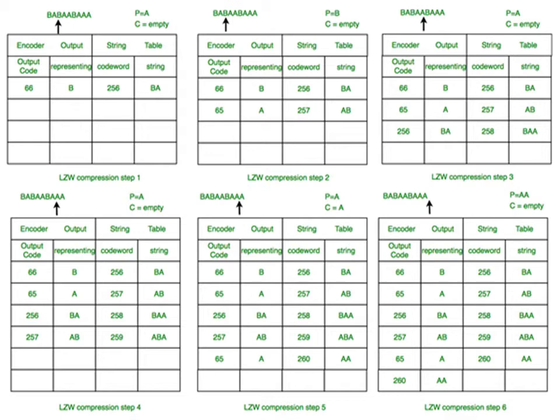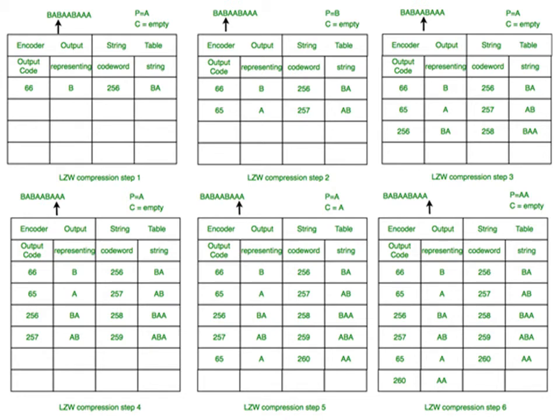Then if it encounters the next pattern, supposedly AB, it will be stored as 257. Continuing, if it encounters the next pattern as B double A, that gets stored as 258. Further moving ahead, it encounters a pattern of ABA, which gets encoded as 259. And then moving ahead, as it keeps scanning the string, it will come across one more pattern, maybe double A, which will be encoded as 260.